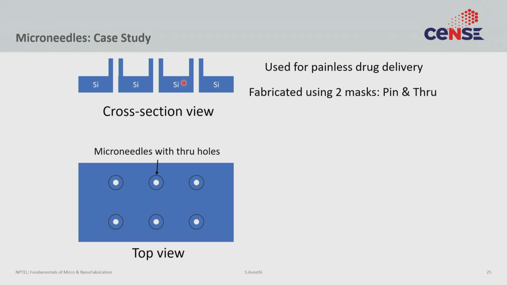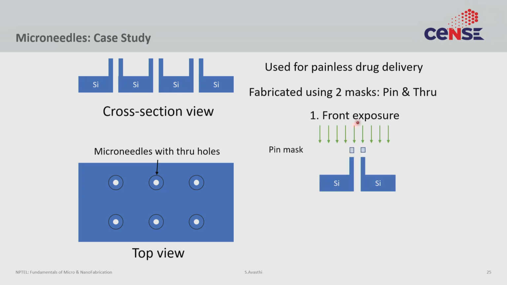So it's a fairly simple fabrication process again. All you really need is 2 lithography steps. We'll call those lithography steps the pin mask, which defines this top needle, right? And the other is on the back side, where you have to do a through etch, so a through mask. Something that creates the central hole and something that creates the outside of this needle, like these 2 edges. So fairly simple fabrication process. The question is, how would you do it?